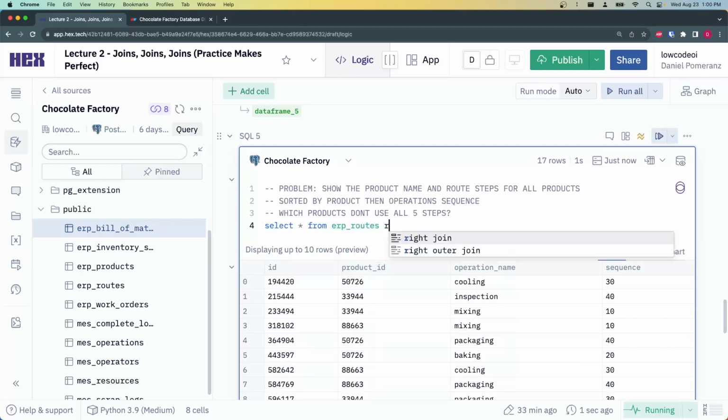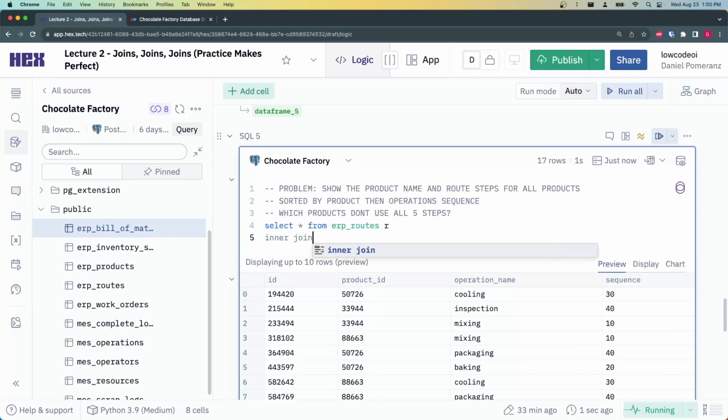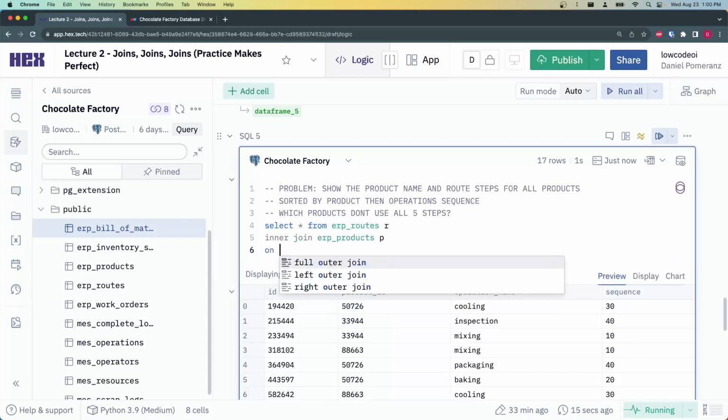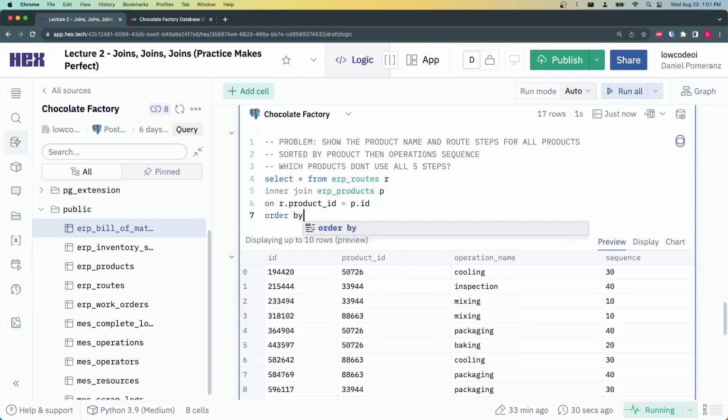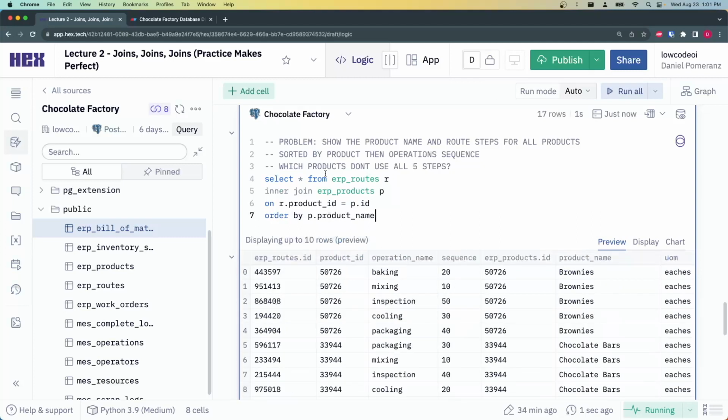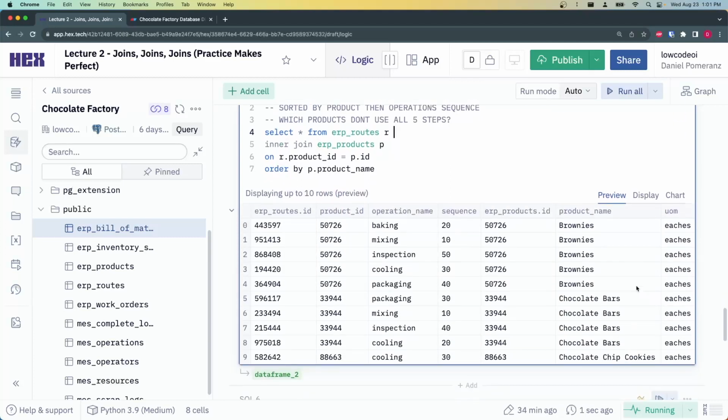So let's do where R is the name of our routes table, and let's add an inner join ERP products, we'll call this P, on r.productid equals p.id. So now we know that we have access to everything in the routes table and it's extended to the products table. What we can now do is maybe order by p dot product name. And so if we run this, we're going to get a list of routes that is sorted by the product